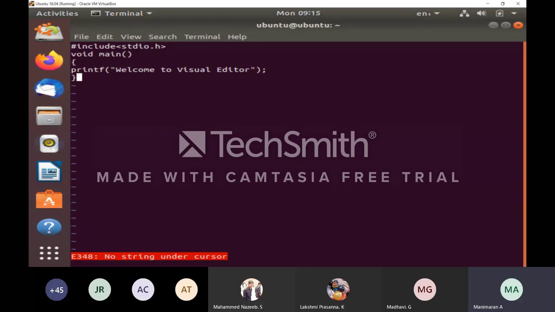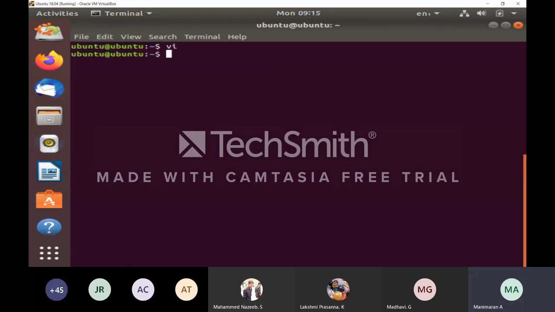So now my program part is over. Now I come out from insert mode to command mode, so I have to press escape, then colon WQ. Then I have to give the file name here. The file name I can give is hello.c. This is most important: when you are writing a C program, the extension should be .c. If you write any shell program, then the extension should be .sh. Press enter. Now the file is saved and we also quit from the VI editor with the file name hello.c.